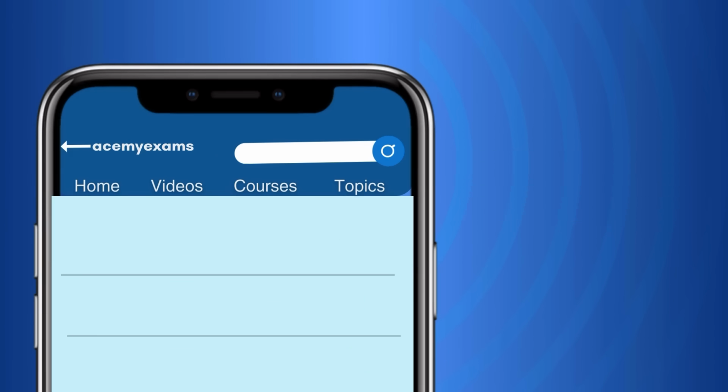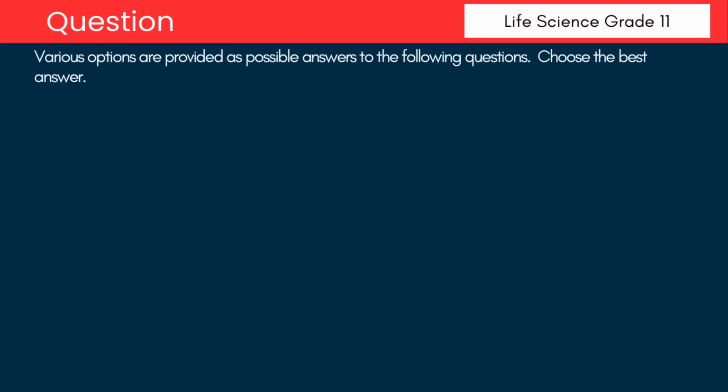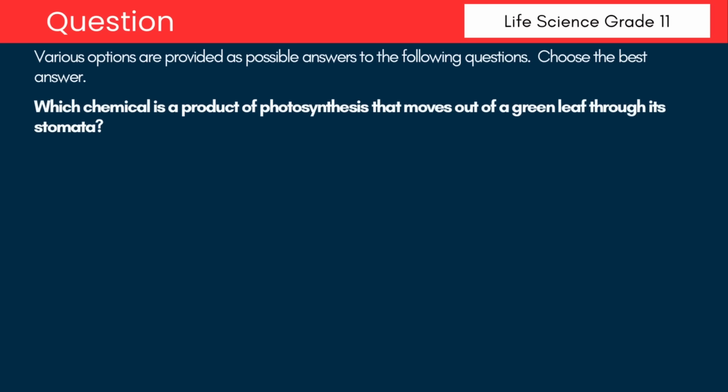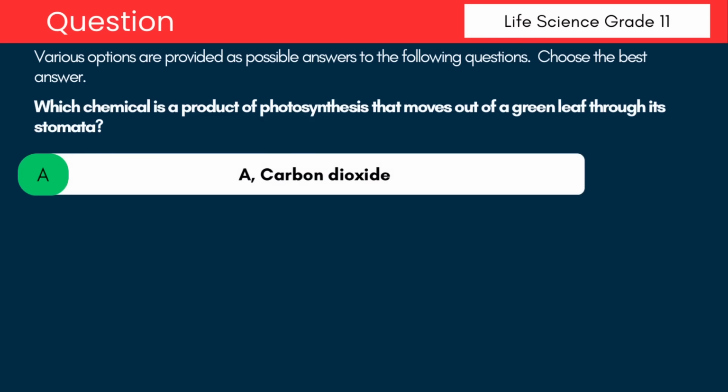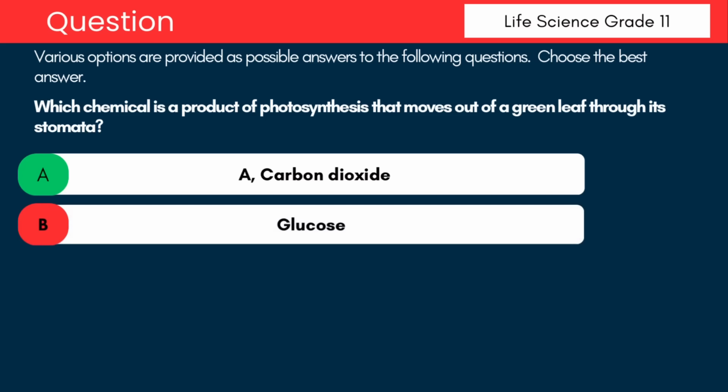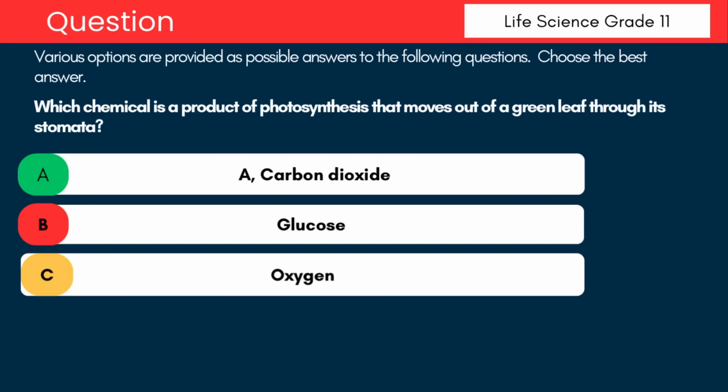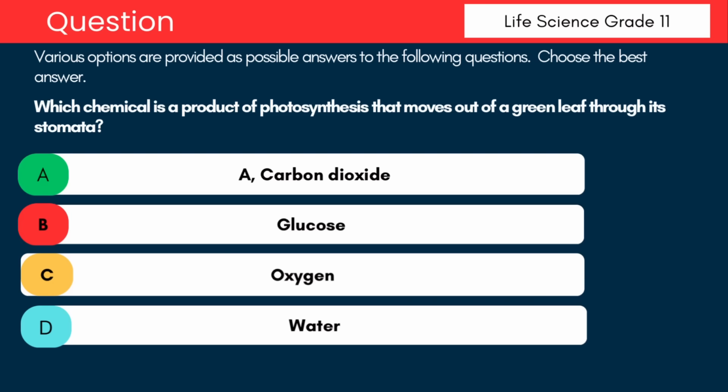Life Science Grade 11. Various options are given as possible answers to the following questions. Choose the correct answer. Question: which chemical is a product of photosynthesis that moves out of a green leaf through its stomata? A. Carbon dioxide. B. Glucose. C. Oxygen. D. Water. The correct answer is C. Oxygen is formed during photosynthesis as a gas and leaves the leaf through the stomata, which are small openings on